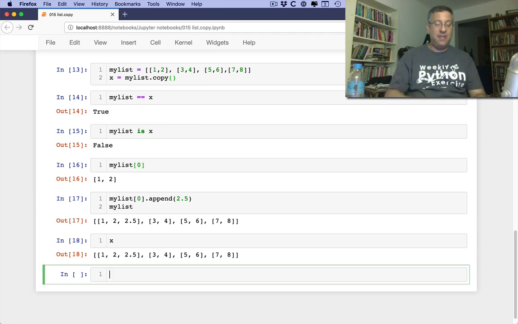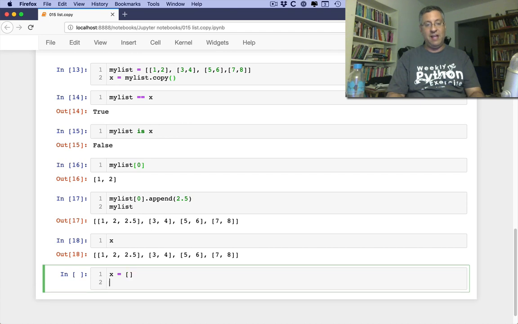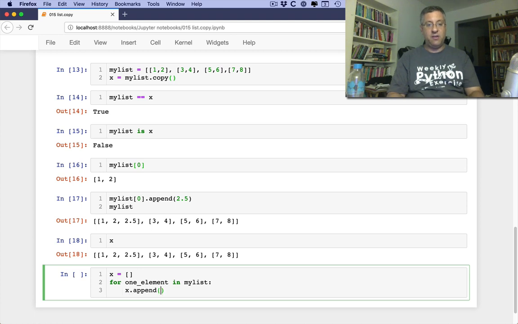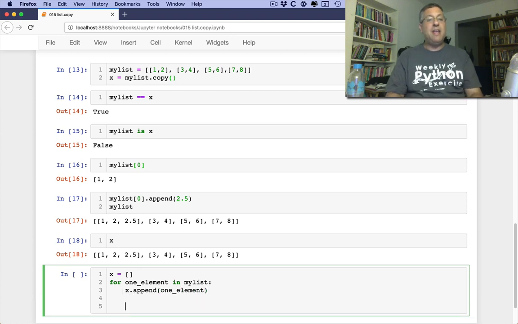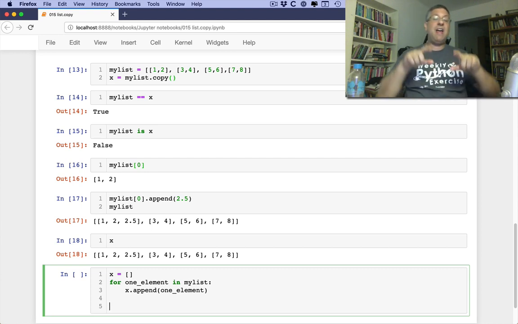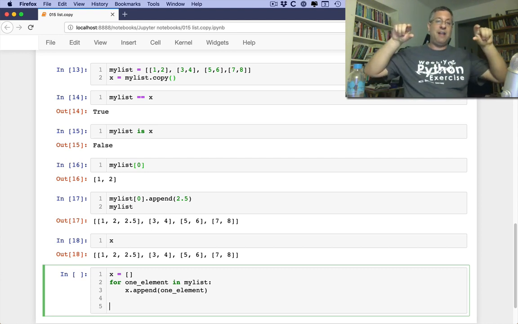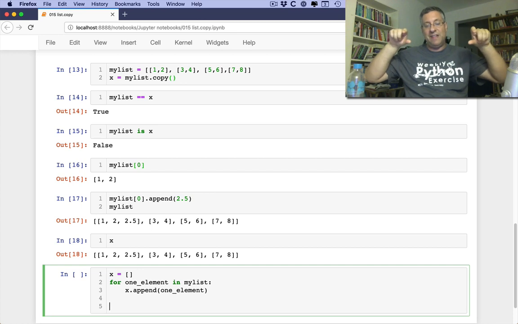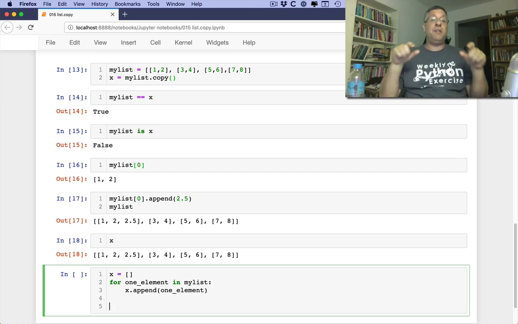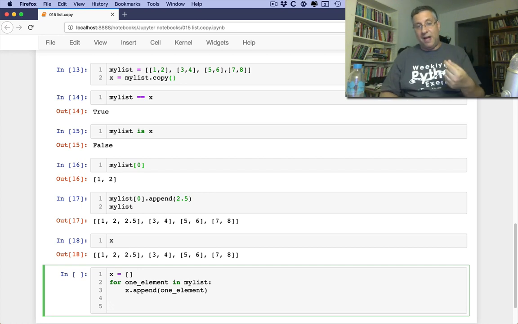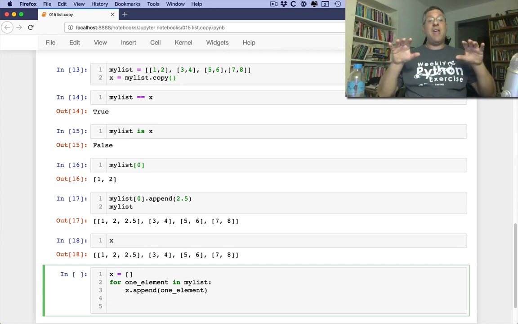That is to say, you can think of doing this. I can say x equals an empty list. I can say for one element in my_list, x.append(one_element). Now, if these elements are integers, which are immutable, then who cares? The fact that both x and my_list have the same object in them at the same index doesn't really matter. But if they are mutable objects, like lists or dictionaries or sets, then basically what we have now is